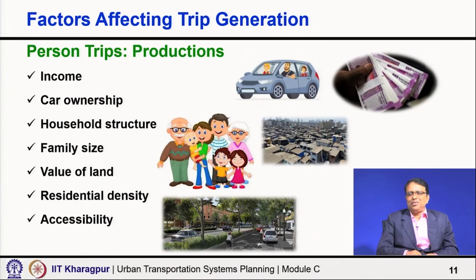Accessibility, the last one, is very interesting. What we are saying is that trip production, as I said, is actually elastic to the available transportation system performance. How is your connectivity, is public transport available? If it is available, then what is the level of service? So, a higher level of service, a better transportation system and resulting better accessibility will make the trip production higher, more trips